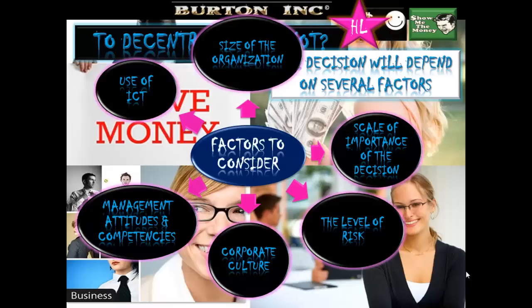The scale and importance of decisions. Generally, decisions that have high cost implications and or consequences are going to be centralized. Those very important decisions, strategic decisions that govern the long-term future of the business, there's no way those are going to be decentralized out, the responsibility passed to other people. Key players, board of directors, senior management are going to be making and overseeing those decisions.